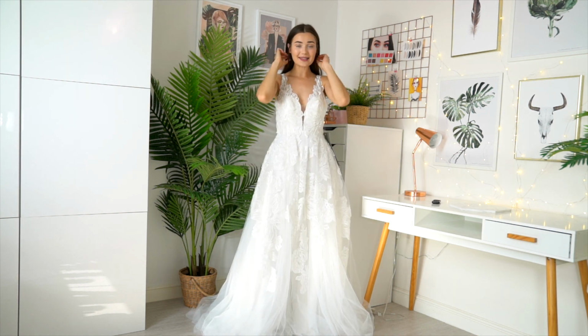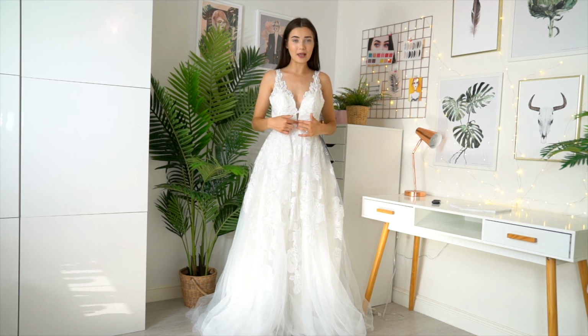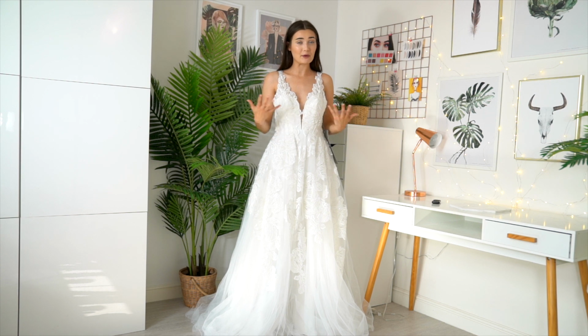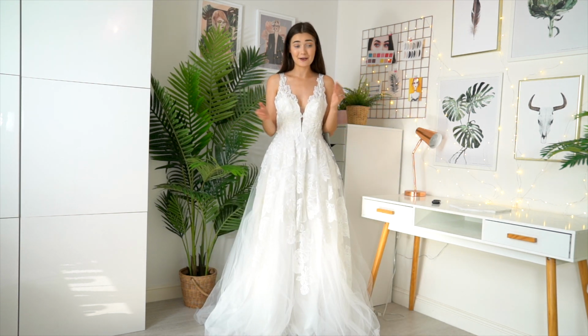My favorite part of the dress is definitely the neckline. I just love how elegant it looks. I love the fact that it goes quite plunge, but like I said, it doesn't really show off that much cleavage, which is great. I'm just obsessed with this one. I don't know if any of the other dresses are going to top this first one,